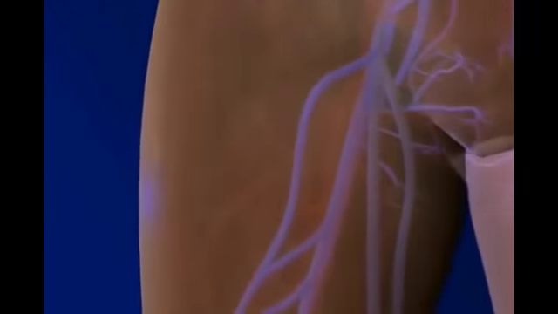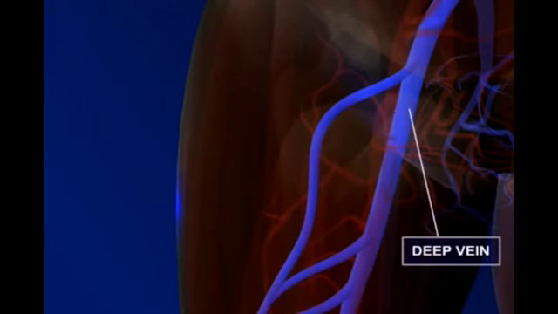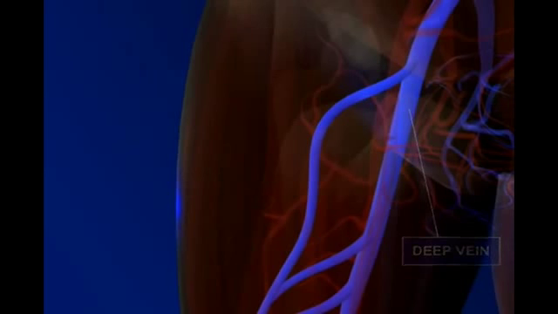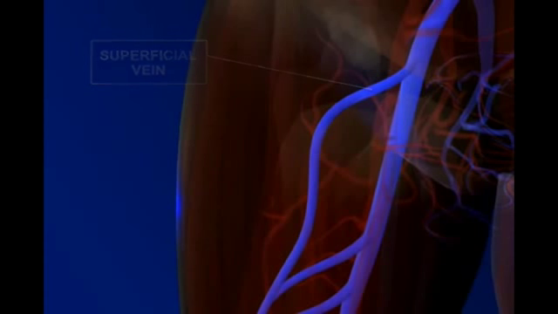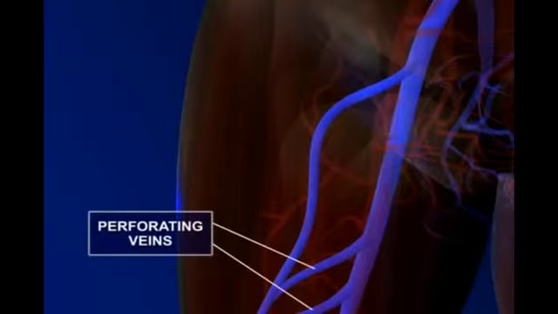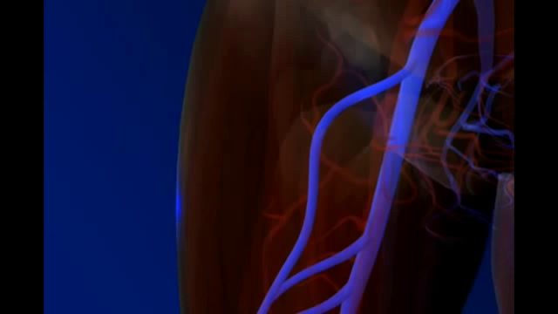The heart pumps the blood into the legs through the arteries, and the blood returns toward the heart through the veins. There are three kinds of veins in the legs: deep veins under the muscles, superficial veins under the skin, and the veins that connect the superficial and deep veins, called either connecting veins, perforating veins, or perforators. The blood flows into the deep veins from the superficial veins.